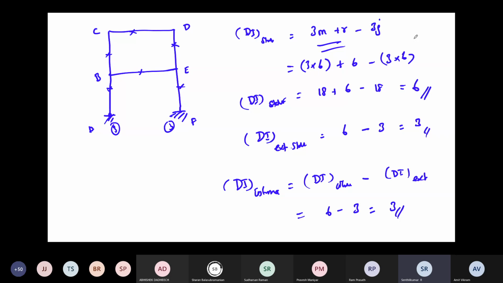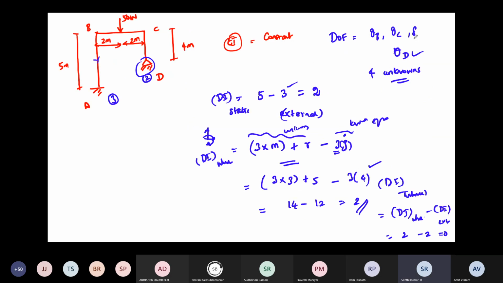Right? So just keep in mind, those of you who are preparing for the GATE exam or engineering exams, these questions they will ask continuously. What is the internal degree of indeterminacy? What is the external? We will solve some other problems also in future to calculate the indeterminacy with different kinds of things. Okay, so any questions? Shall we solve this problem today or tomorrow?